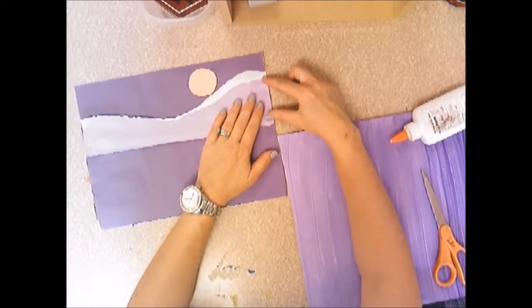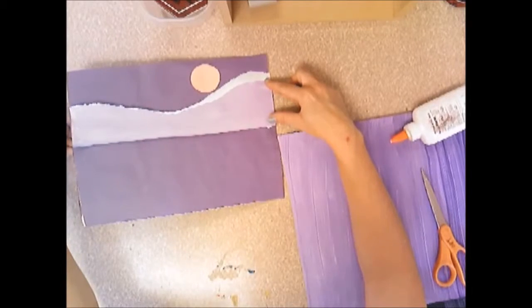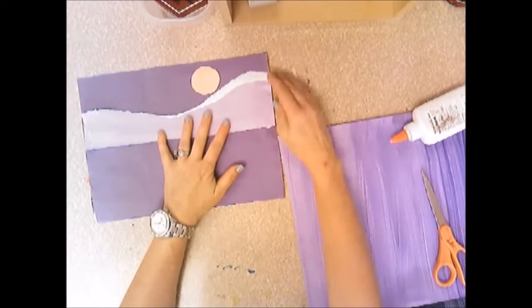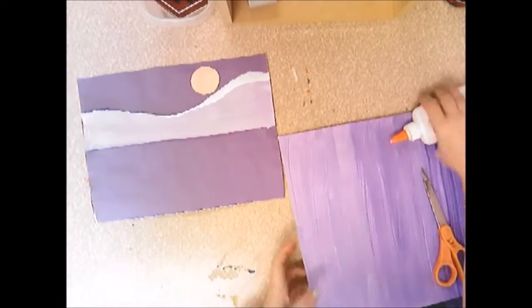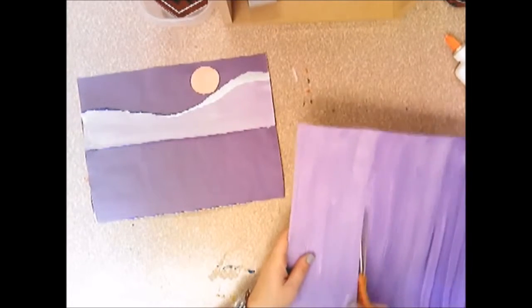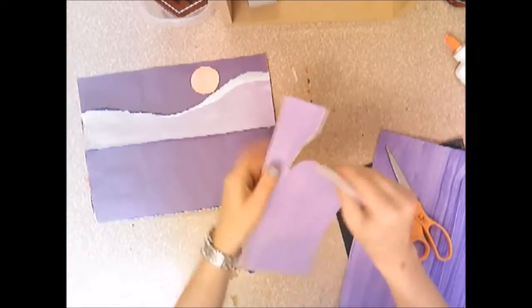Now when you look here, it doesn't exactly match up on this side here. I've got a little bit of purple paper poking out, and I will trim that off for you later. If you just focus on lining up one edge all nice and straight, I'll trim this other edge off for you. Now I go to my next darkest tint, the next value that's slightly darker, tear my paper again,